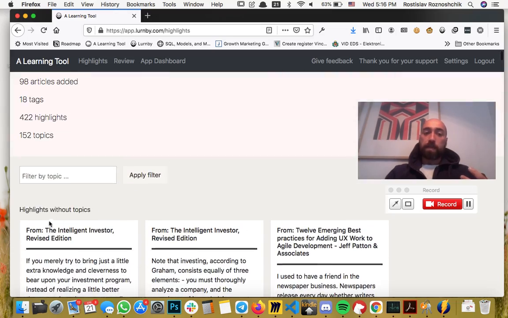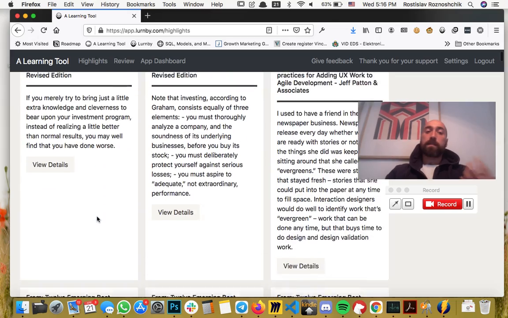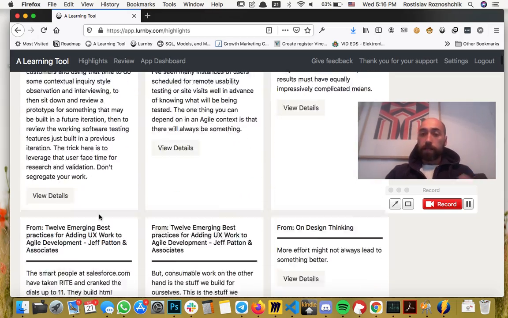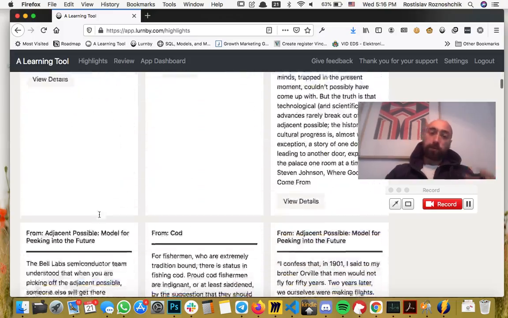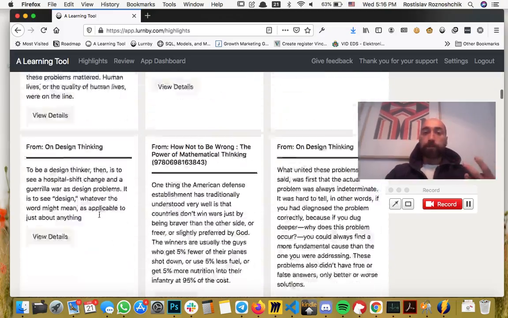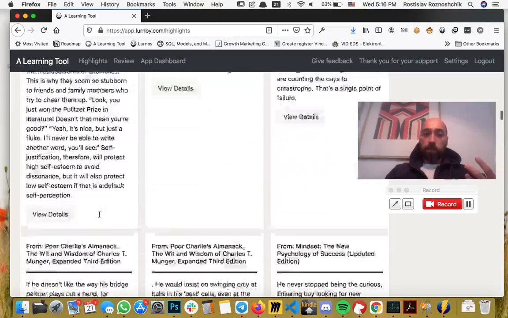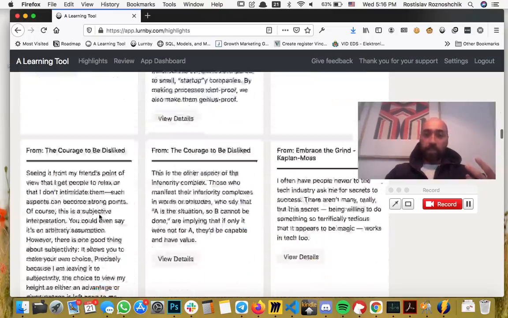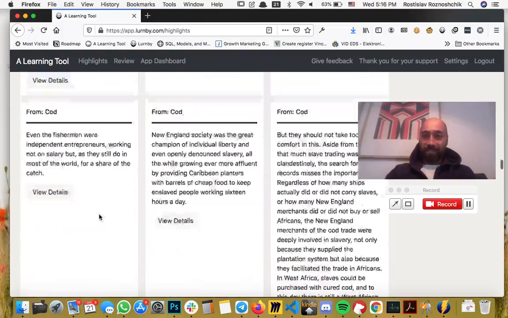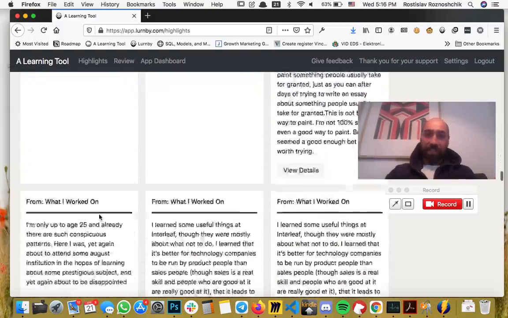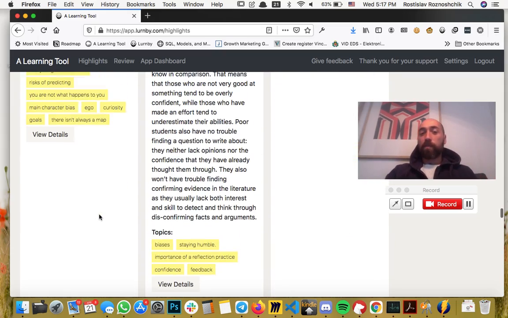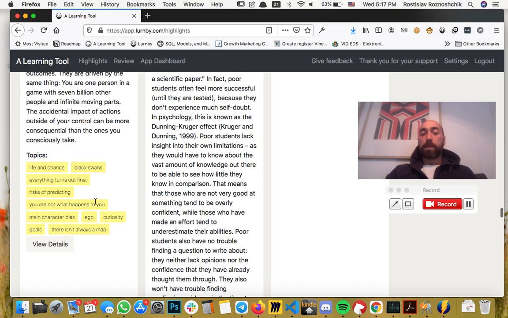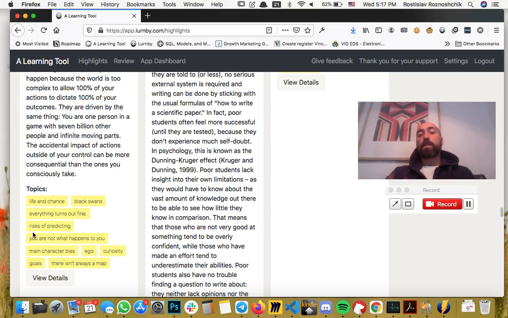At the very top, you'll see all of your highlights that are without topics. These are for you to organize and tag later. But then as you scroll down, for me, I have a lot of highlights without topics. As you scroll down, you will eventually get to the section where you have highlights that do have topics, and they'll just appear, quote unquote, like this, right? So you'll see this is the highlight,